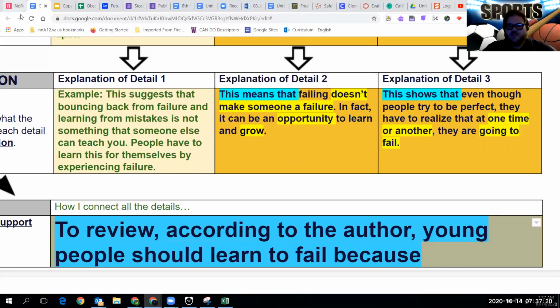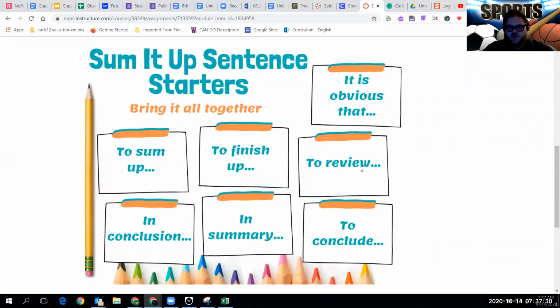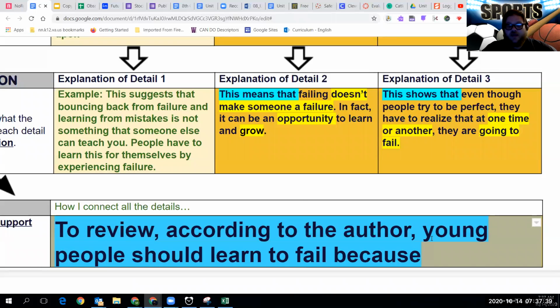Okay, you should have had a chance to put this starter in. We used to review. One more time, where did I get that from? I got it from this right here, the sum it up sentence starters. I wrote to review. Okay, you could have used in conclusion or in summary, whatever you'd like. I thought to review worked well with mine. Okay, now you're going to sum up what you said here. According to the author,